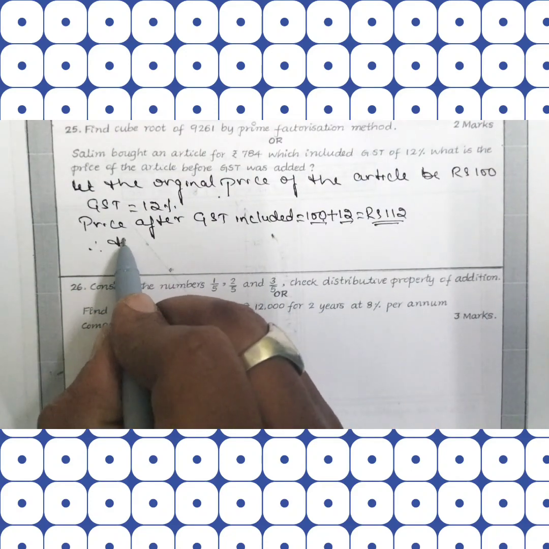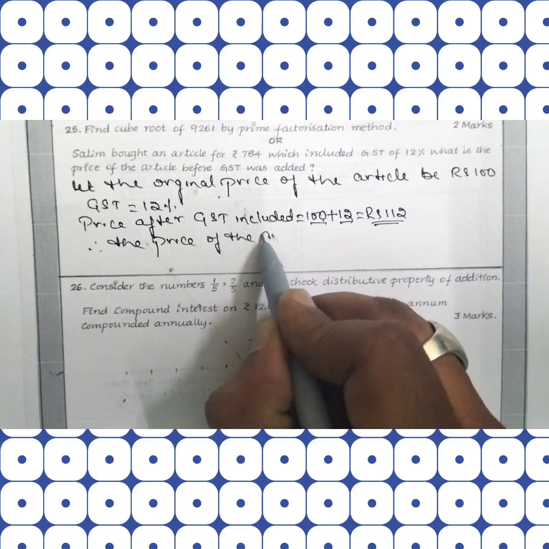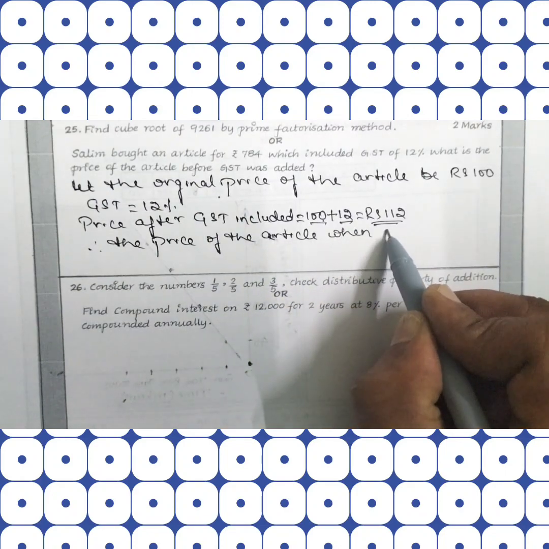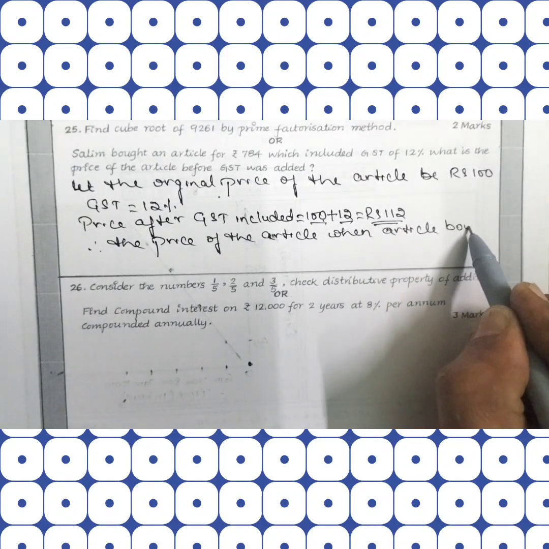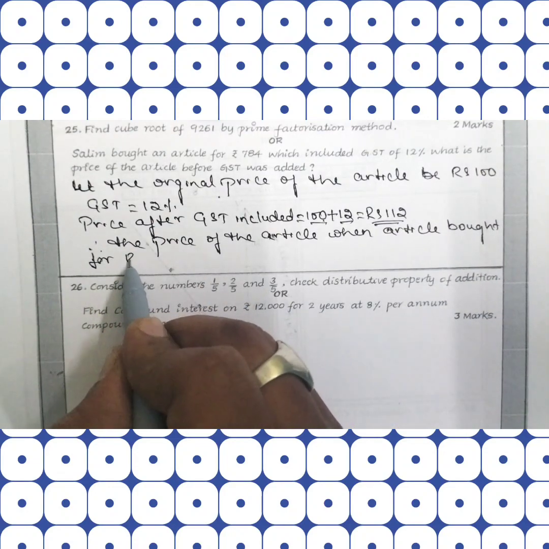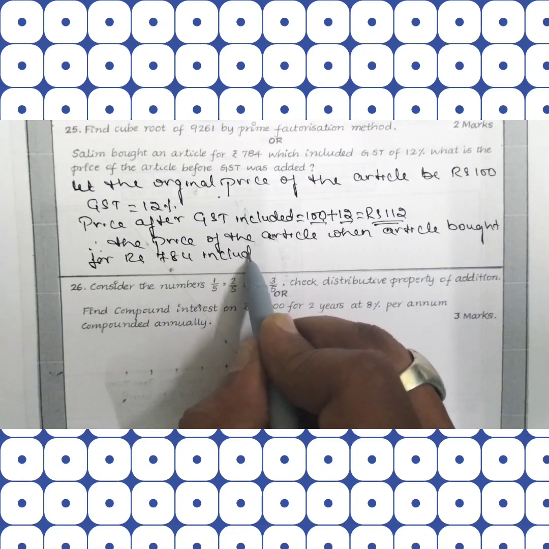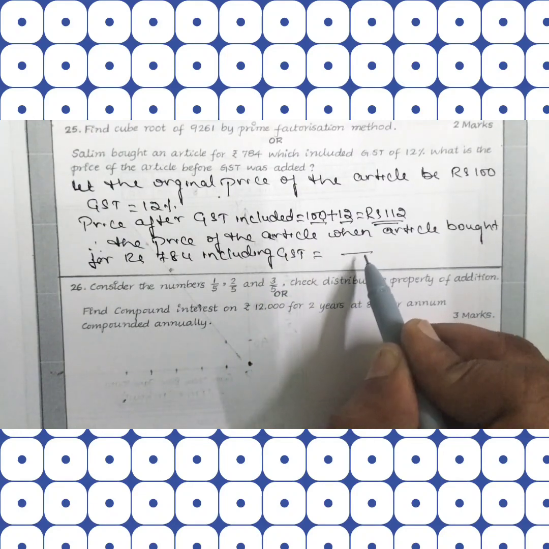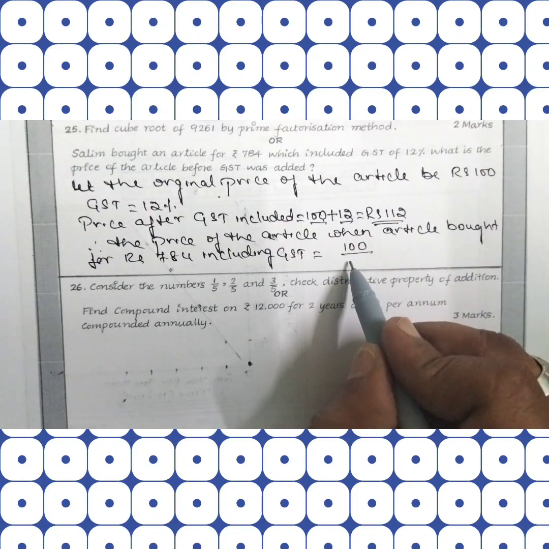Therefore the price of the article when the article is bought for rupees 784 including GST is equal to, so now if the article is bought for 100 rupees, then